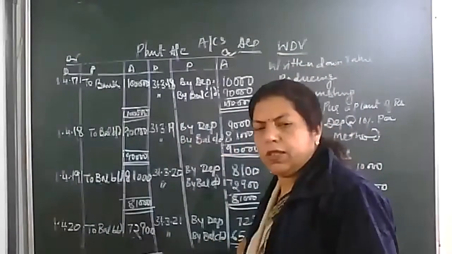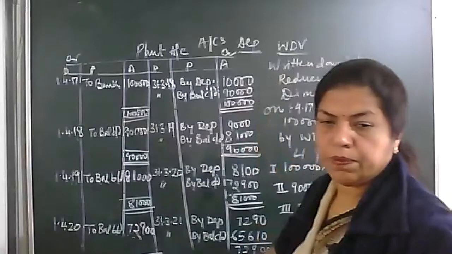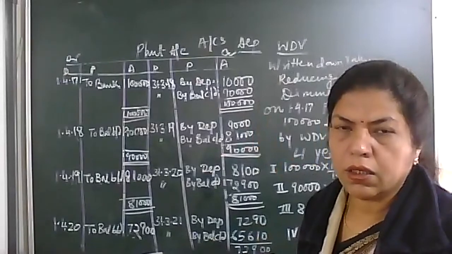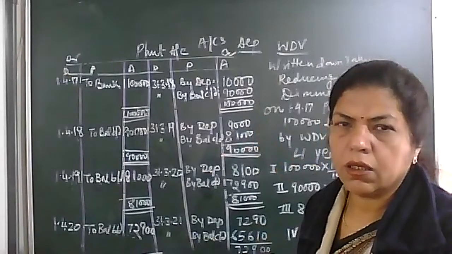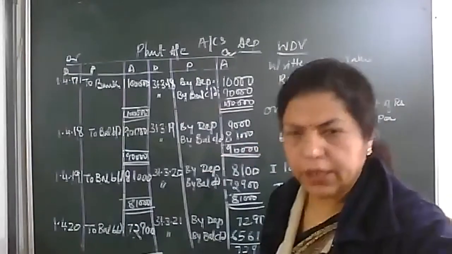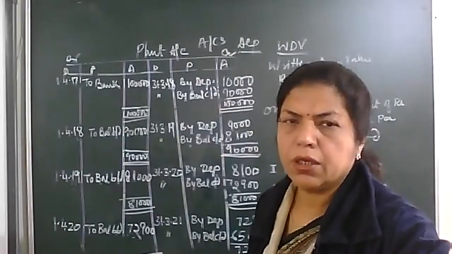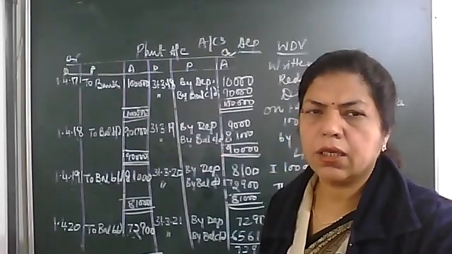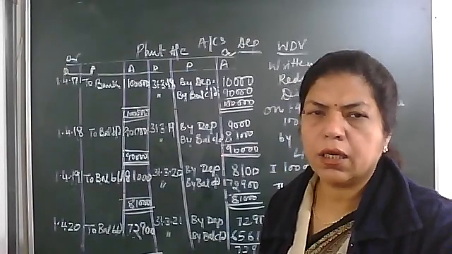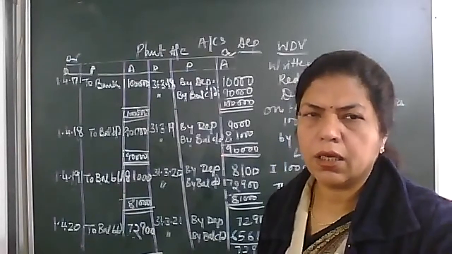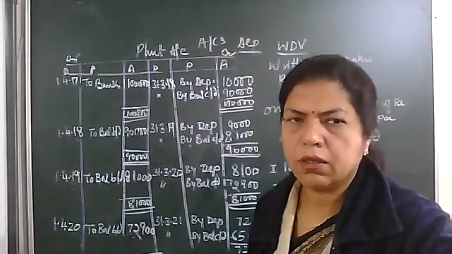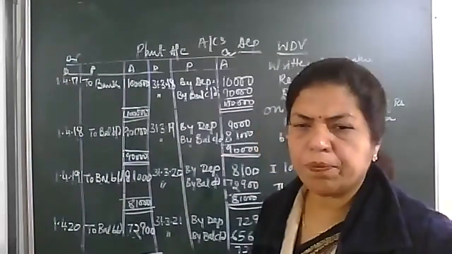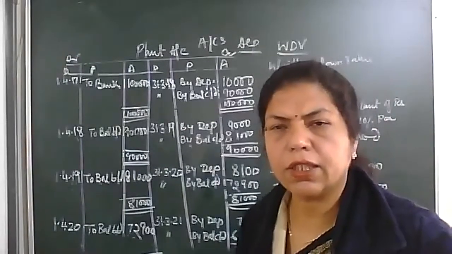Yes, now my question is: how does this amount come, 65610? By subtracting the debit side from the credit side of depreciation. Akshi, is she saying right? Ma'am, we have to find the difference of debit and credit, then the balance will come. No, the language should be proper, beta. Both of you are not giving the answer in the correct way.